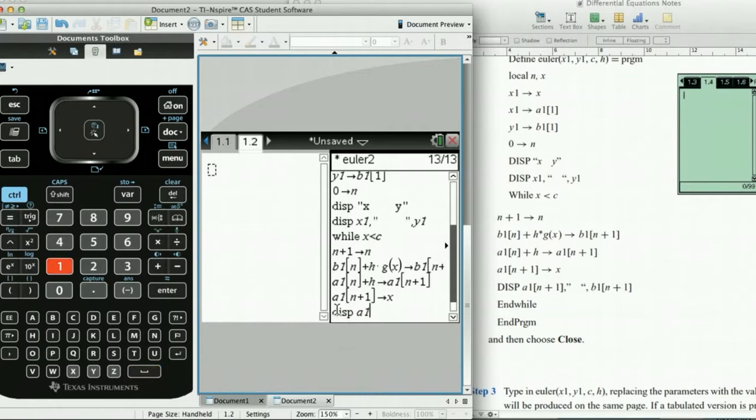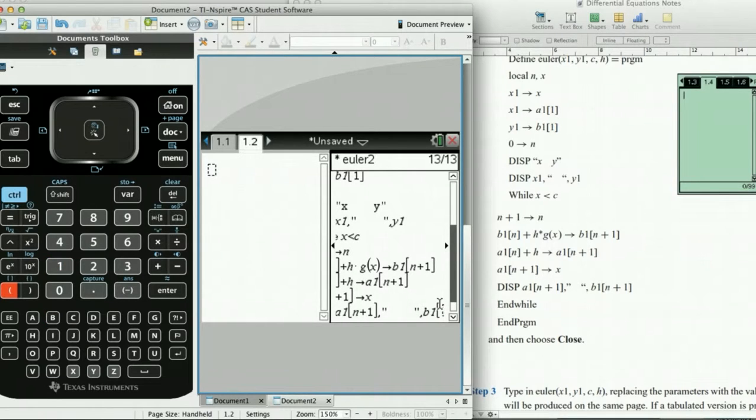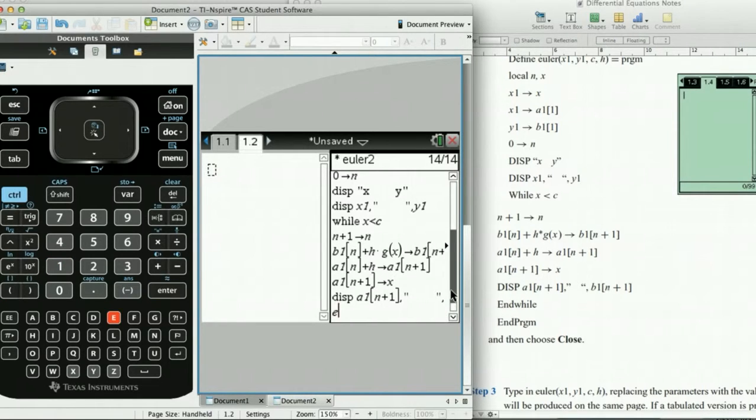So A1 n+1 stores as x, and this part here is telling you that it's going to display the new x, so the n+1 x, comma, control multiply, put some spaces. I've put 8. Now these might look funny, so you can change it when you have a look at what it looks like. B1 square brackets n+1, and then we type end while,